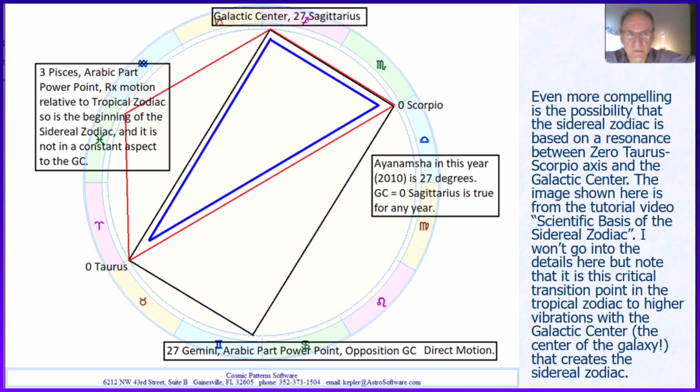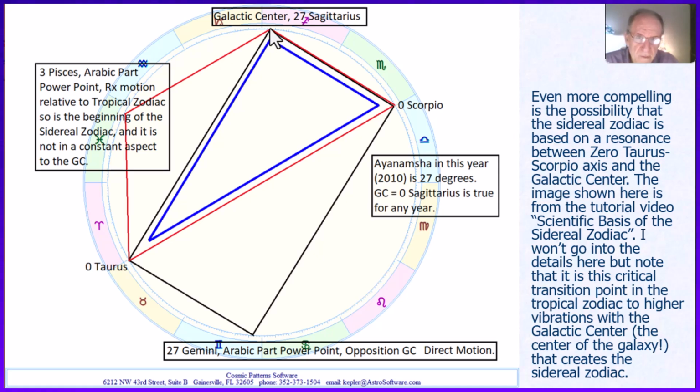I've made videos about this. The Big Dipper no longer looks like a dipper in some number of thousands of years. The stars do have some motion. They're not fixed. And restricting it to a person's lifetime seems rather myopic. So what point can we use if there is such a thing as a sidereal zodiac? The galactic center would be the obvious point. Well, that galactic center,